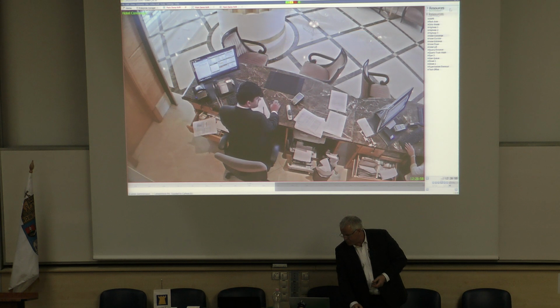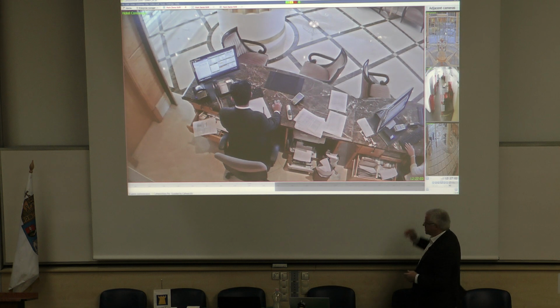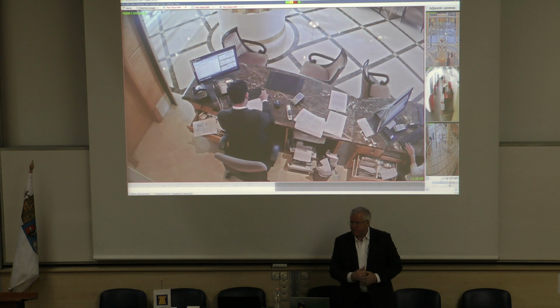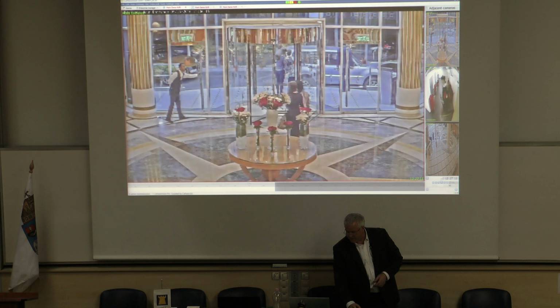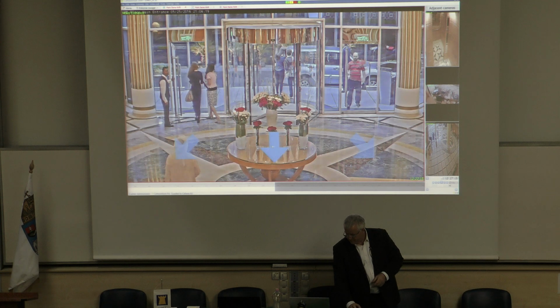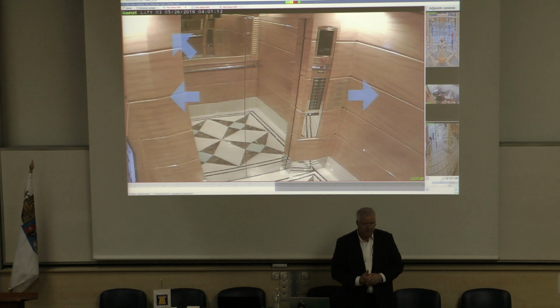And maybe what you could do is put little thumbnails down this side of all the cameras that are directly related to the camera that I'm looking at now. So if I wanted to look at the camera that's over there, easy, I just click on the arrow. If I want to click on the camera that says go to the lifts, I can click there, and that's the